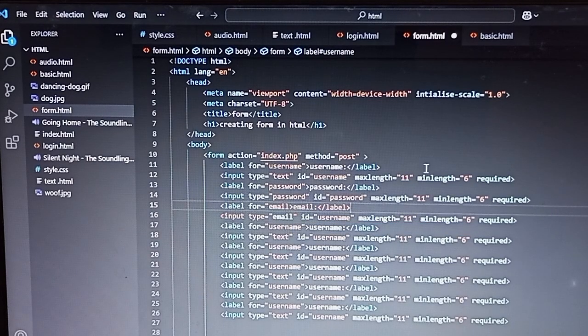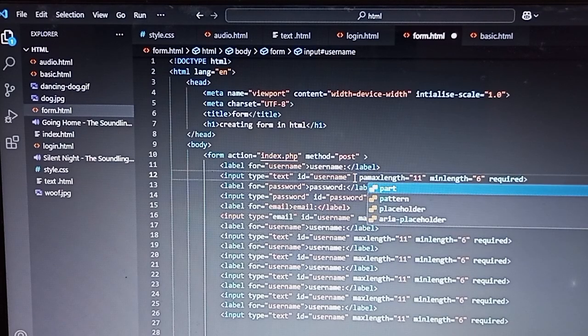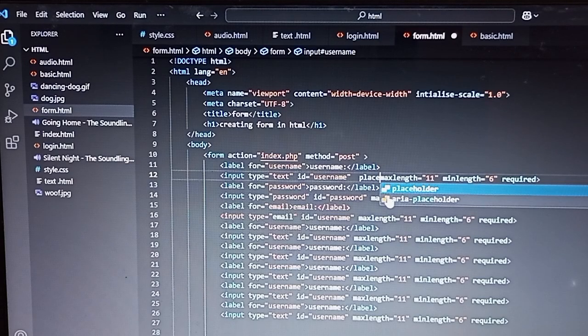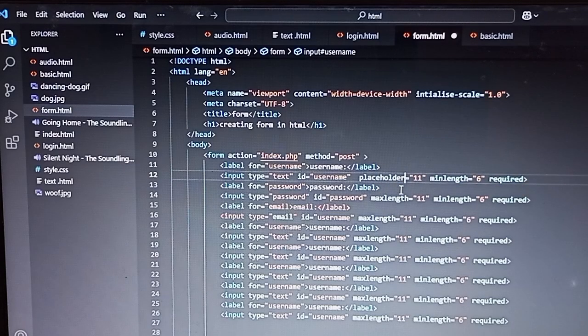And here, just to control that, let me do input type and username maximum length. And here I forgot the placeholder. Placeholder is nothing but where the text is going to be held, which is called a placeholder. Now let me write placeholder equal to